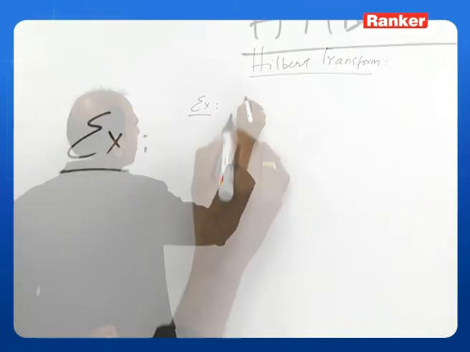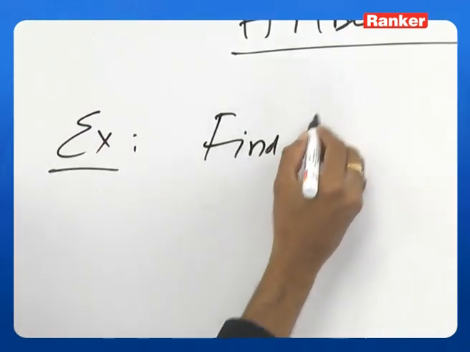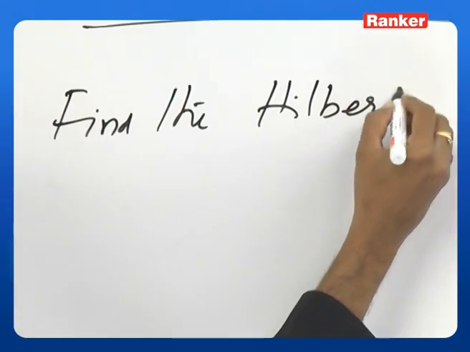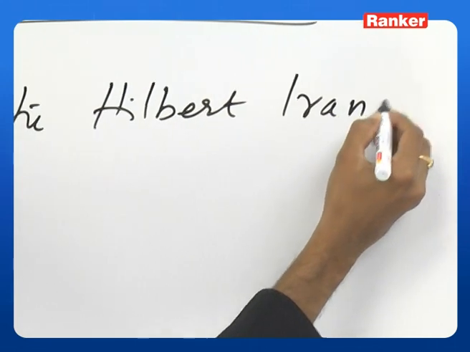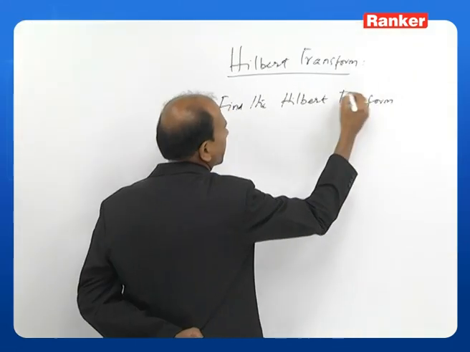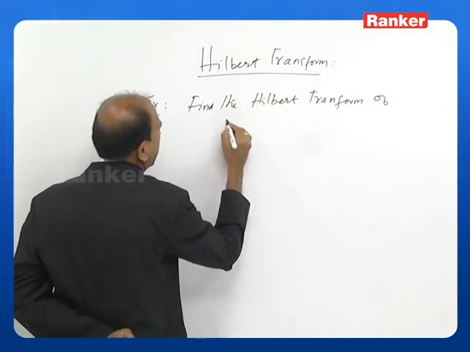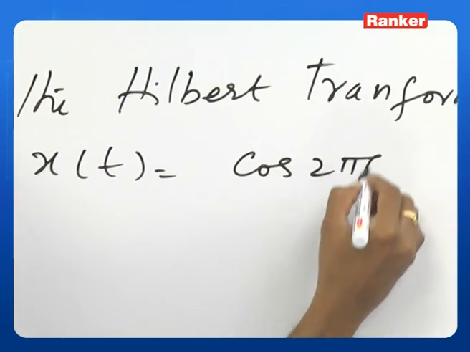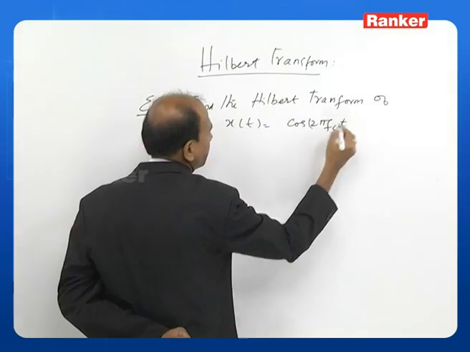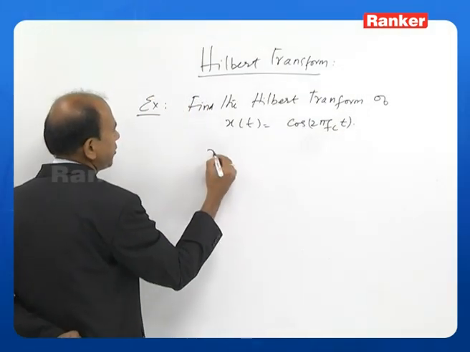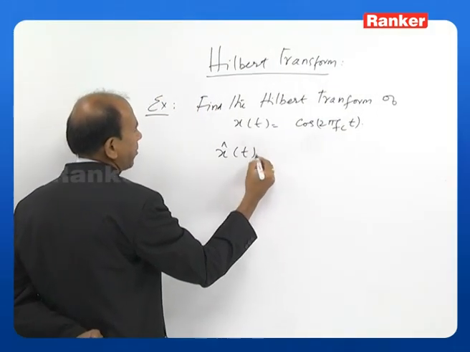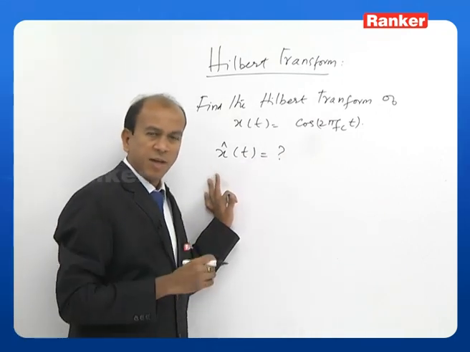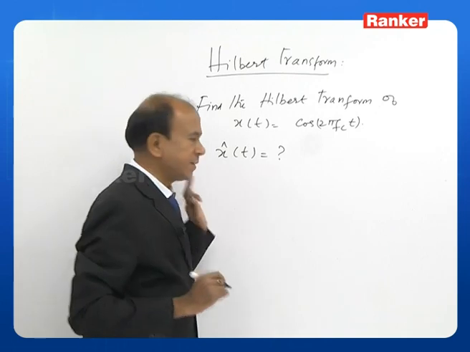Example, find the Hilbert transform of x of t is equal to cos 2 pi fct. Okay. That means we should find out what is x cap of t. There are two ways of doing this, and the most common method I told you is, first I have